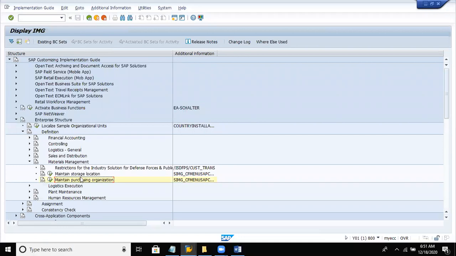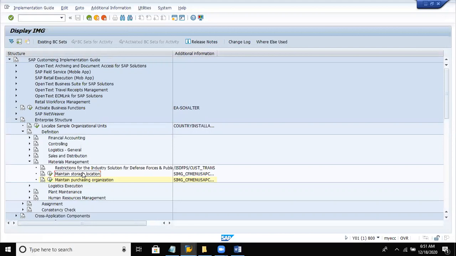Now storage location. So we have already created a location. Now in the MM part, we will be creating storage location. What is the storage location of your company? Where are your storage locations located? We have to mention even the storage location. We might have n number of storage locations in one purchase organization.